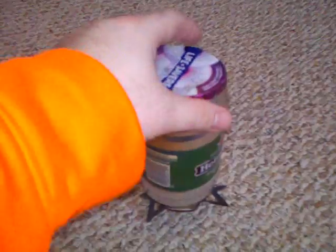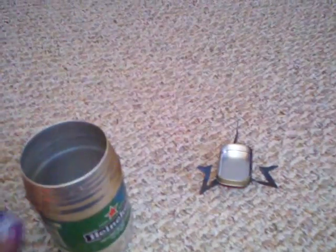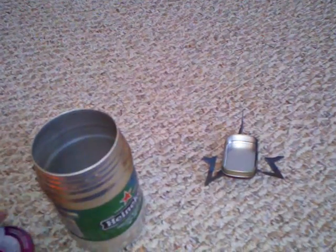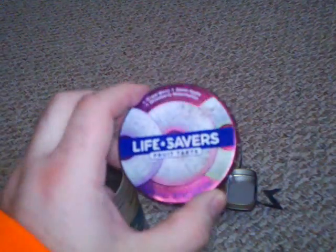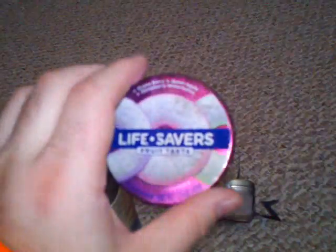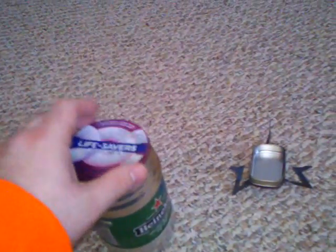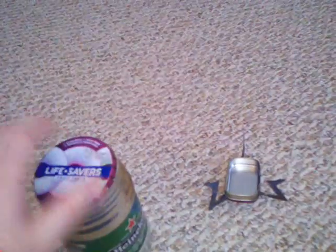First, my pot is a simple Heineken can cut with the side cutter so that it's not ragged. And this here is a Lifesavers top. I stole this from someone else's video, and I just happened to run across these at a gas station and picked up a bunch of them. The only downside to them is if you don't keep them super clean, they do get a little rust underneath after time, but this is probably about a year old, and they do fit perfectly on top of the Heineken cans. My system uses the